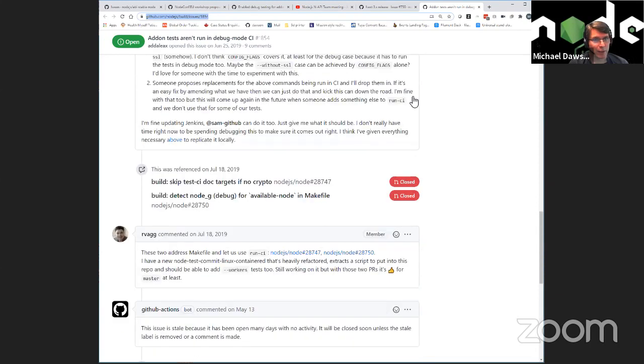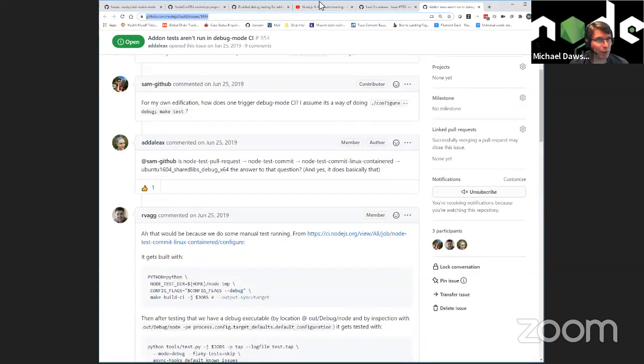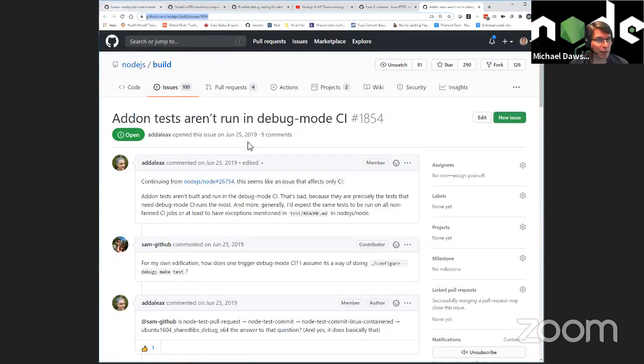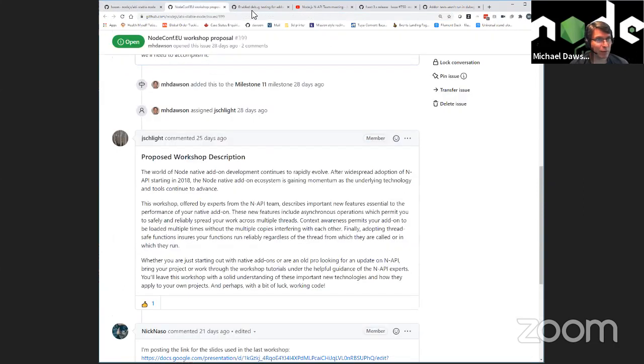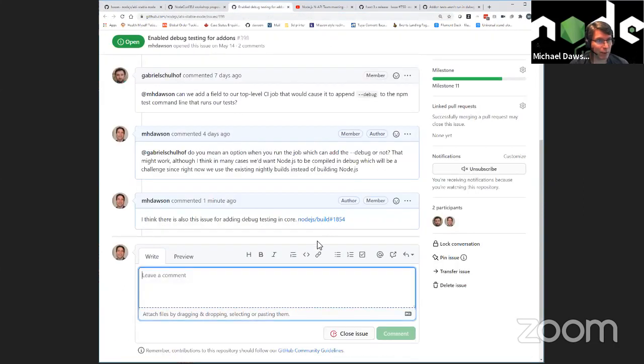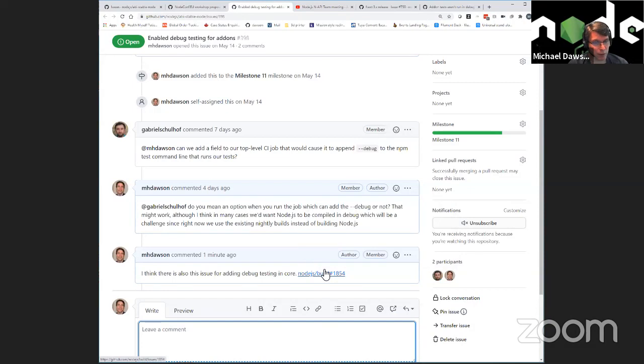Okay, so let's keep this on our list. It's tagged in our agenda. If people have time to look at it, I think the first thing we should look at is getting it enabled in core. Then following that, we could look at enabling a debug version where we build Node and the add-ons in debug mode. Okay, so let's just say first step.